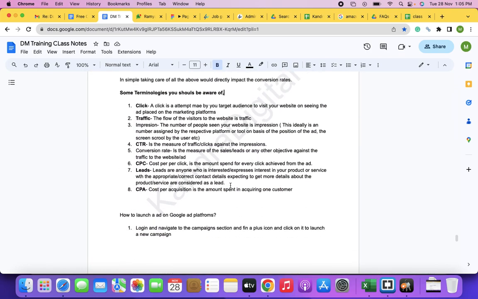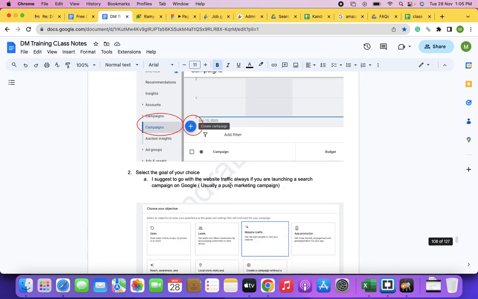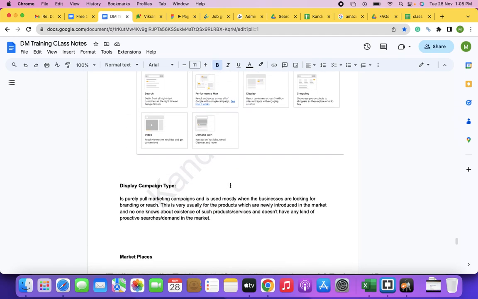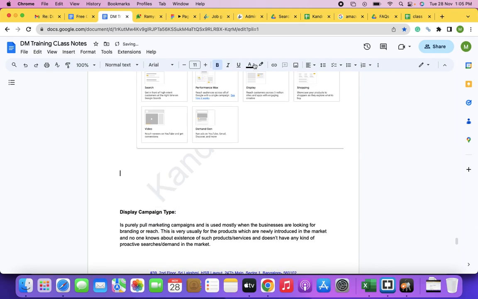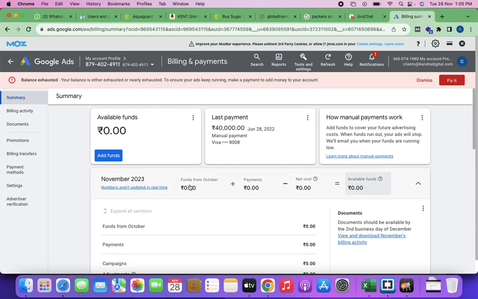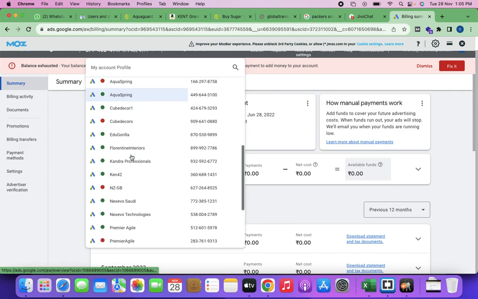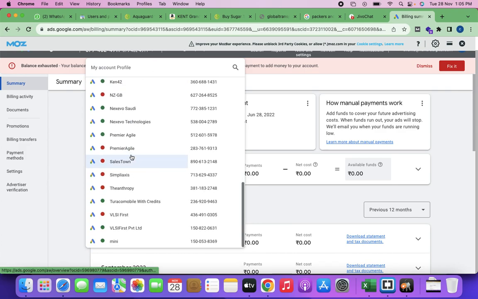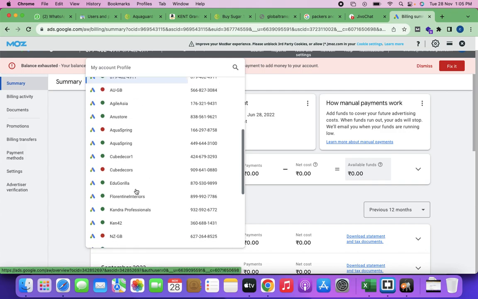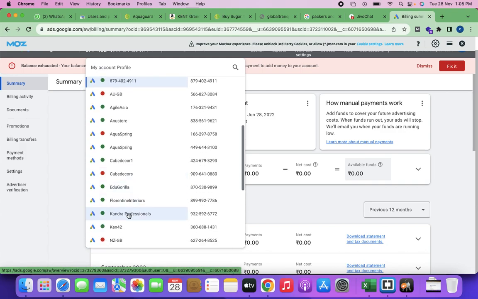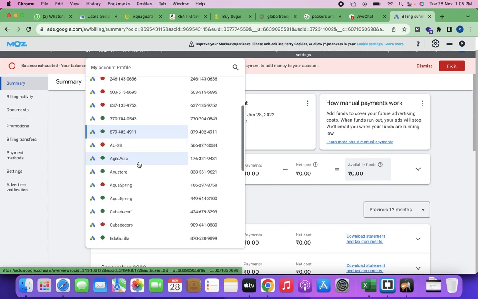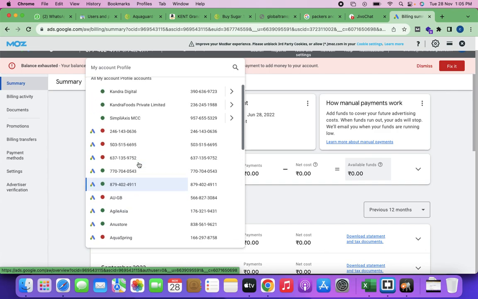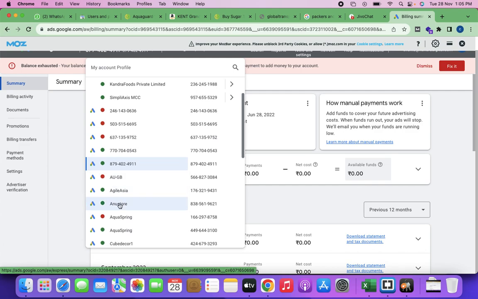Okay. So now it's all about exploring how to launch a campaign and what's needed to launch a campaign so that you can automate the process as well. Launching the campaigns process. So let's quickly go to the Google Ads account. I'll pick one of the accounts. Let's say, I'll go with this.